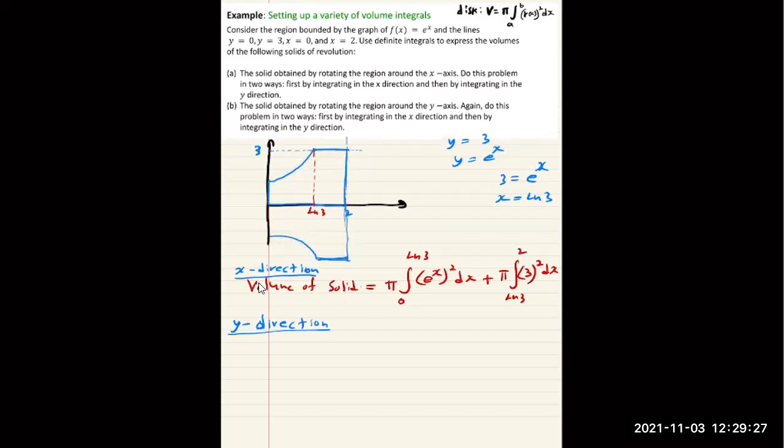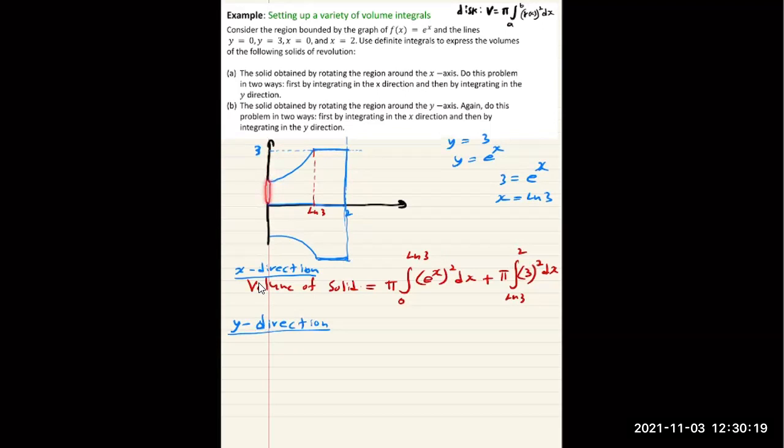Well, in the y direction, as you can see, you can use the shell method. In the y direction, you can take a nice shell. See, this is a representative shell. Again, you are going to have to consider two regions, this interval and this interval, separately. You need to use the shell method for this particular interval and this particular interval separately, because